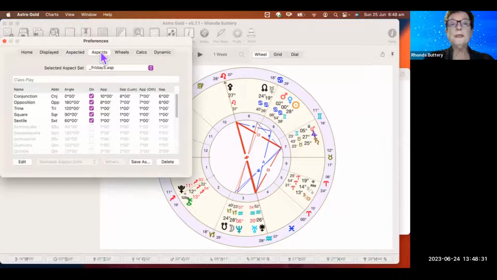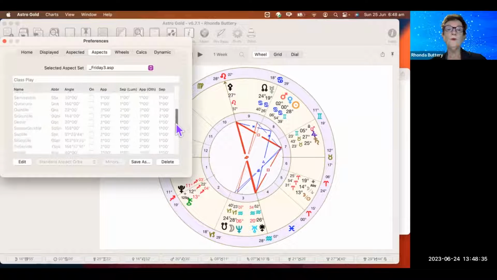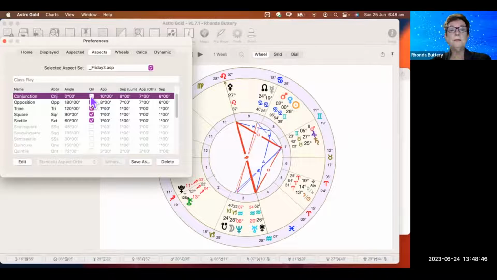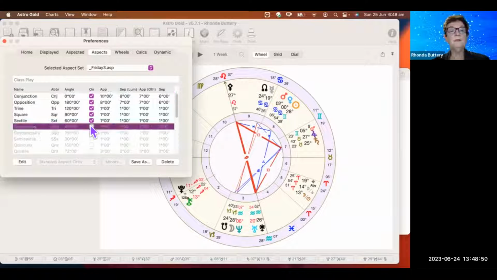The aspect tab gives you a little bit to play with. First of all, there's all these aspects to choose from. The ones that are highlighted are selected. The ones that are grayed out are deselected. And you select and deselect by clicking the little button with the tick on it. So if I want to make the semi-square on or off, I can change the orb of any of these